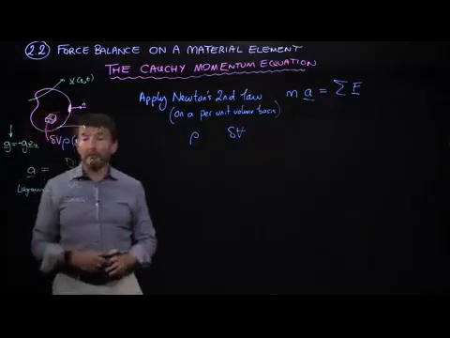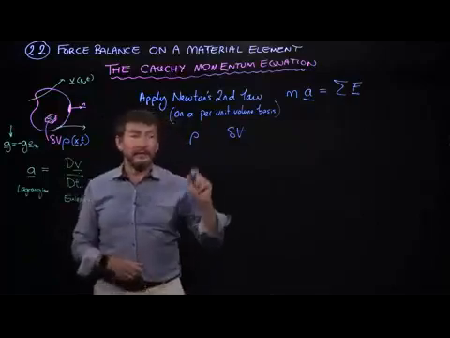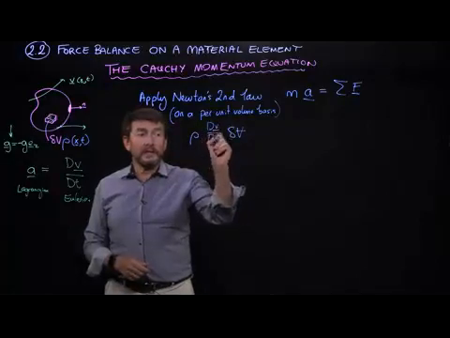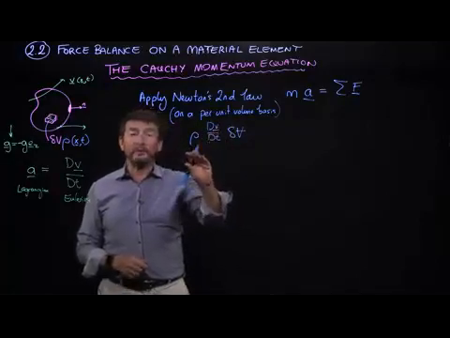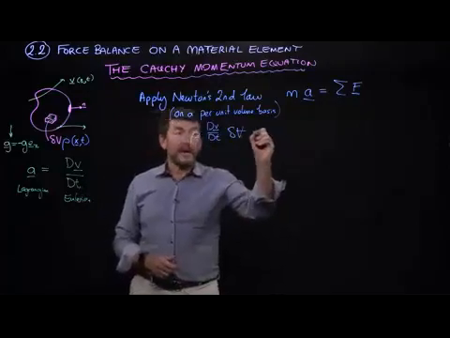And so our Eulerian description of this is going to be in terms of Dv/Dt. So here's the mass per unit volume multiplied by the volume times the acceleration,